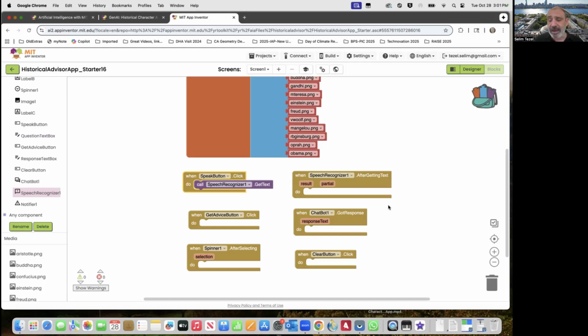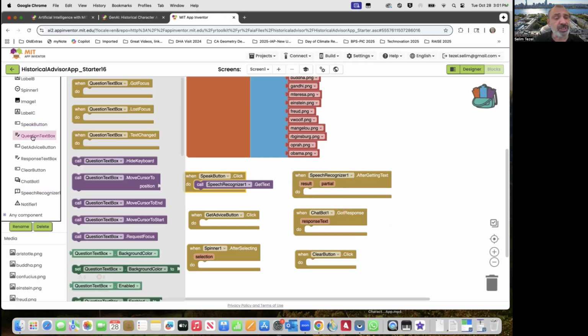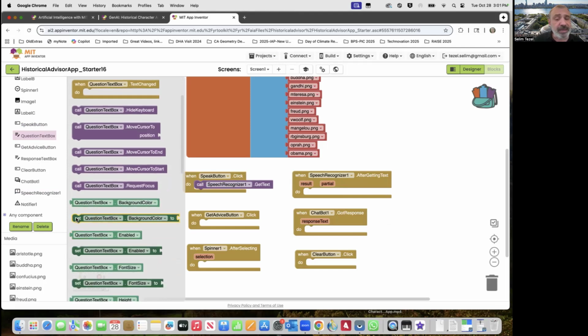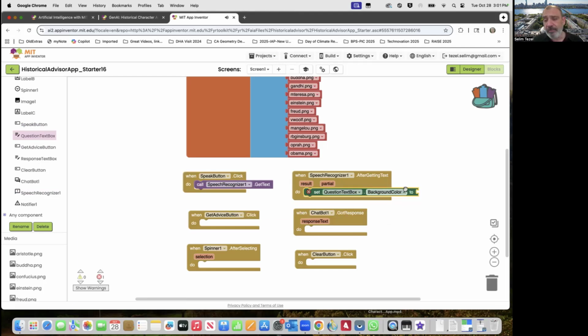When the text arrives, this event handler called when speech recognizer after getting text is going to be invoked, and observe that it returns with a parameter called the result. So what we're going to do is go to the question text box blocks. I'm going to get any of the getters, but it is important that you make sure the property you're trying to assign to is the text property.